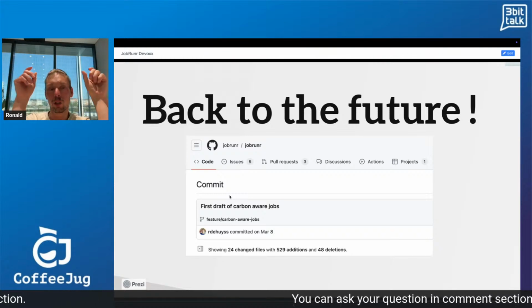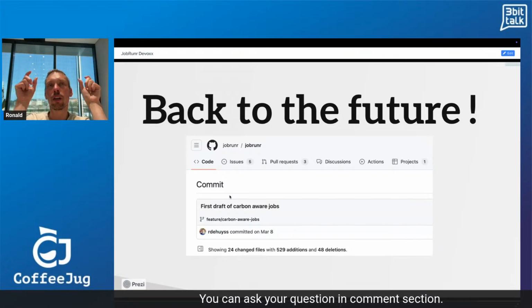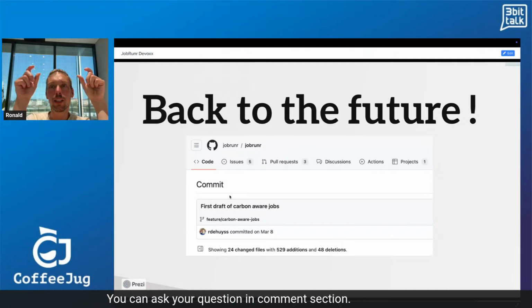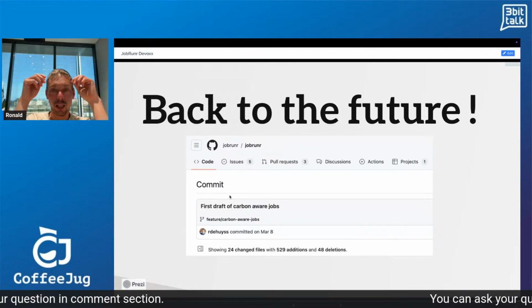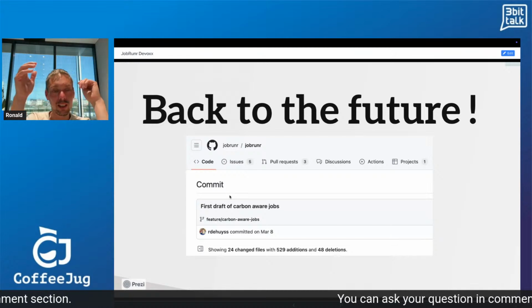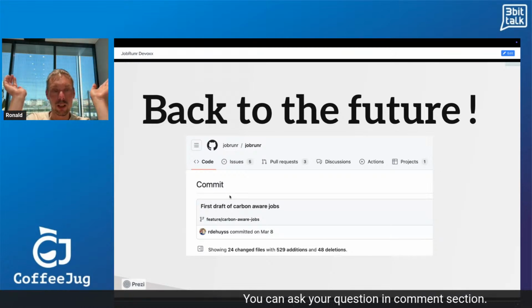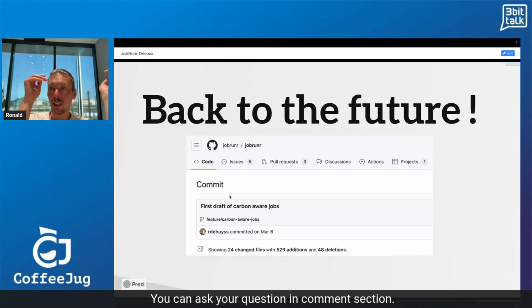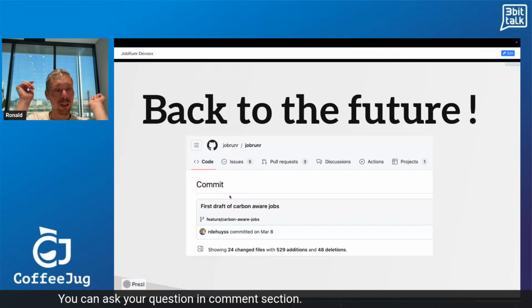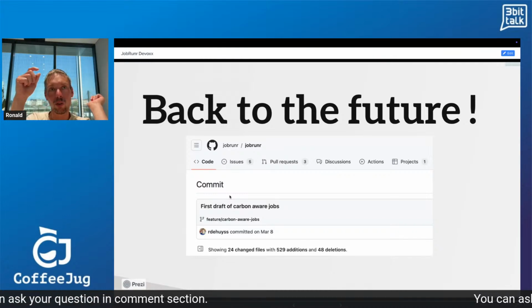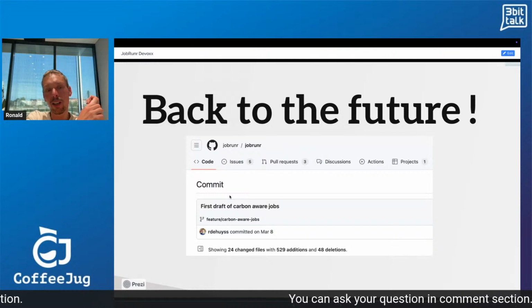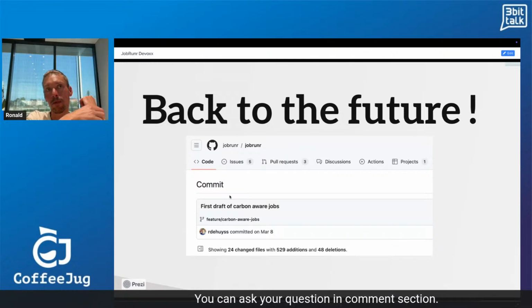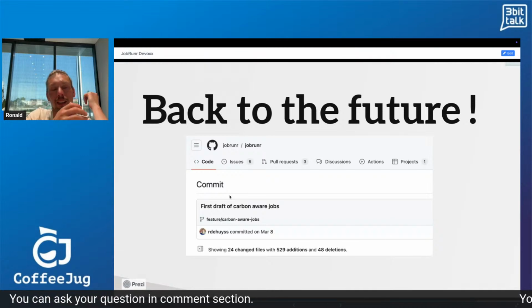And what will JobRunner do? Well, we will search for the moment that the least amount of carbon will be generated, meaning that it will help our environment. And since we're now doing 1 billion jobs a day, and we see more and more usage where JobRunner is used to train LLMs and update RAG contexts, which is all really CPU intensive, but doesn't always need to be the latest up to date.